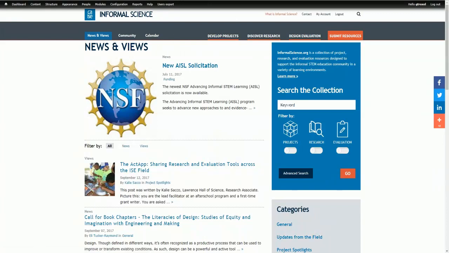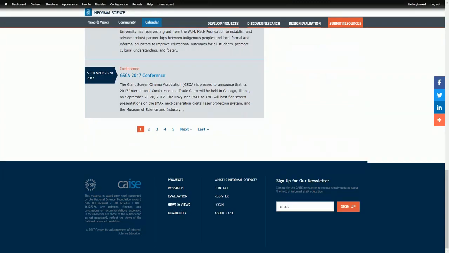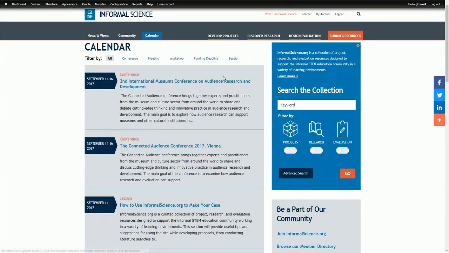Next, let's move to the InformalScience.org calendar. Let me scroll to the top of the page there. Okay, so the calendar is a place on the site to discover events. This includes conferences, webinars, funding deadlines, and you can use the filters at the top of the page to narrow down this calendar. So if we click on